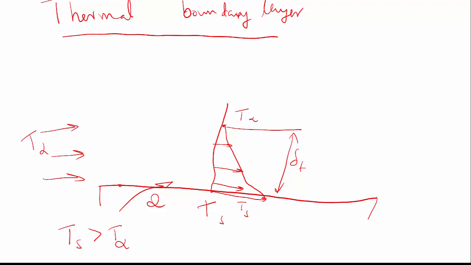Okay, therefore the temperature continuously reduces, and at a particular point the temperature perfectly matches the inlet fluid temperature. This profile is called the thermal boundary layer. Similarly, this also changes as the distance increases.